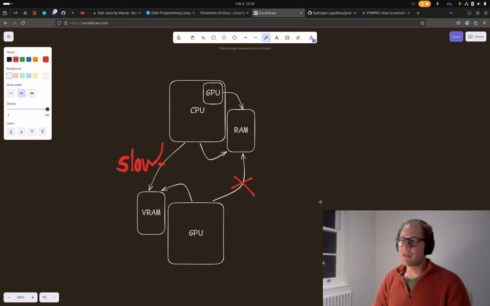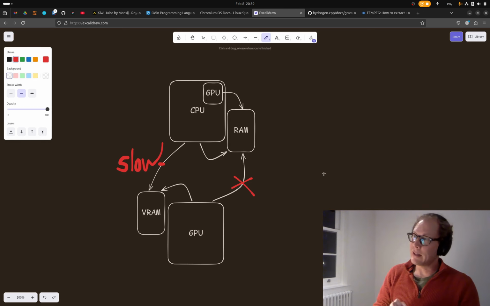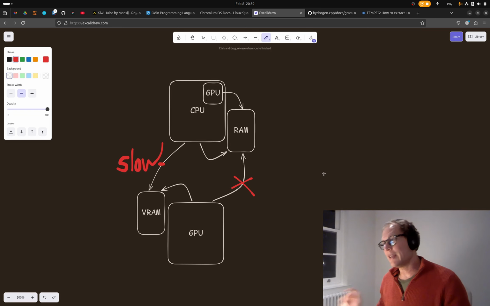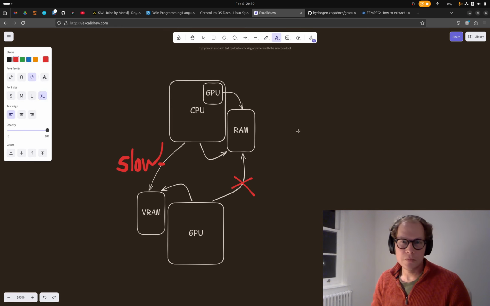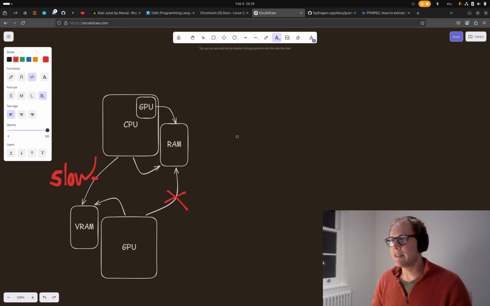So why am I telling you all this stuff? The idea of this language is that, like I said before, the only way you can normally access the GPU is through a shading language, a separate language. So you have to write a separate little program in a separate language and then run a bunch of APIs to execute that program on the GPU. And my idea, let's see if it works or not,